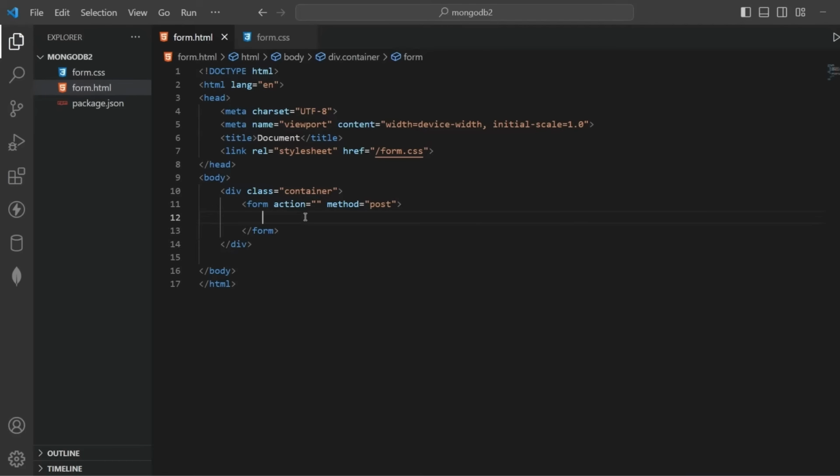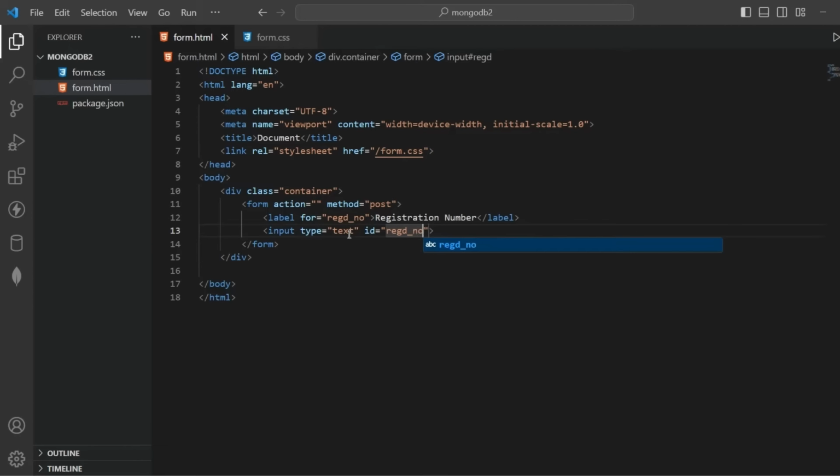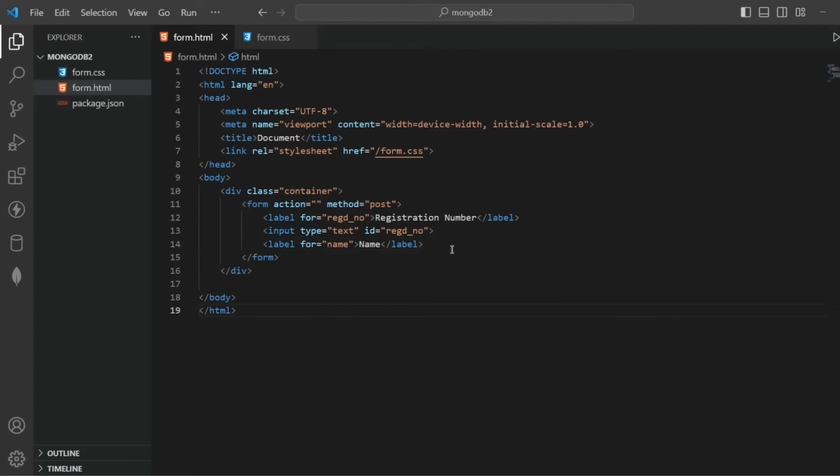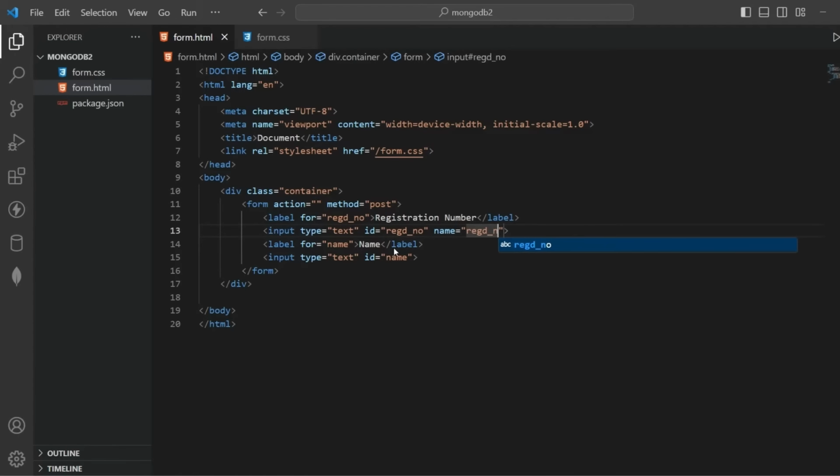Now let's create a label element. In this, registration number. Give the name as registration number and link this label tag to an input element by using input type equals to text and id equals to registration number. And let's label the element with name, and let's link this label element to an input element by using input type equals to text and id equals to name. Let's give a name also for this input element, registration number, and for this also name is equals to name,